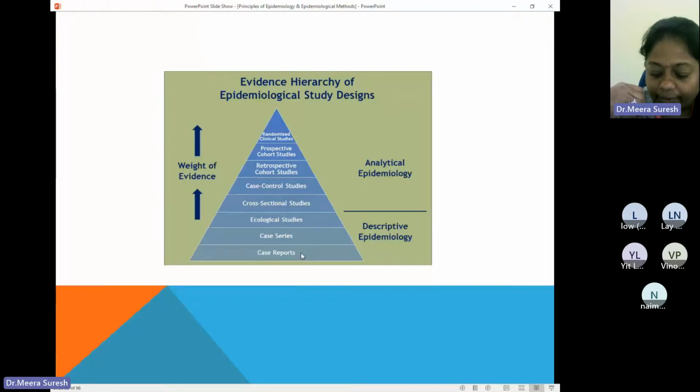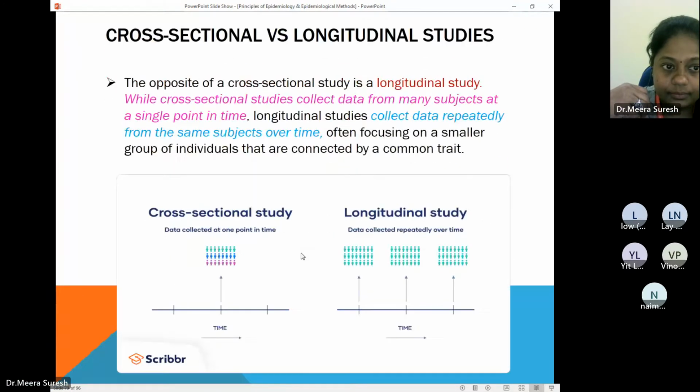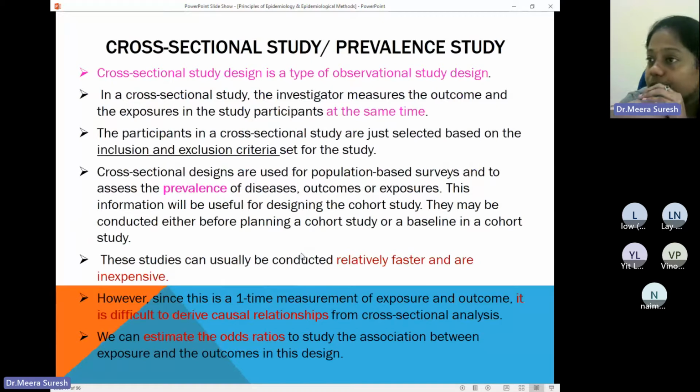So when you do a PhD or a research study, or you decide to do a research article, and you are asked to do a research proposal or research study and you have to submit it in 1 or 2 months, the easiest one to do is a cross-sectional study. You just get into the population, you decide a population, and then you give a questionnaire and you take information from them. And based on that information, you write a report.